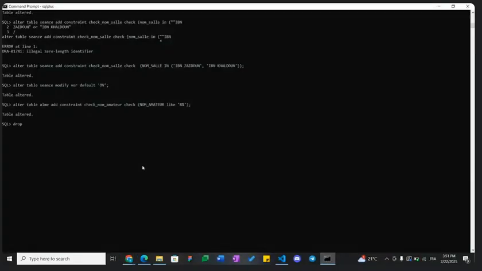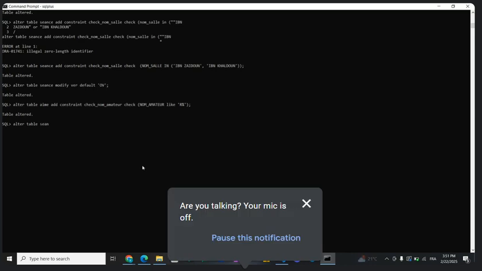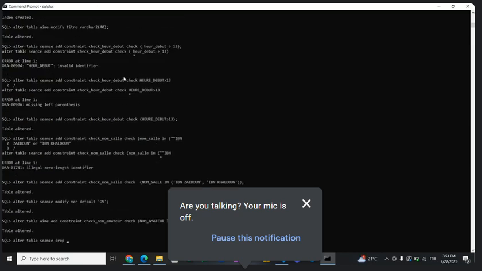So in order to drop it, we use drop. Well, alter first, alter table. The table which is sales, and then drop. The name of the constraint, I don't